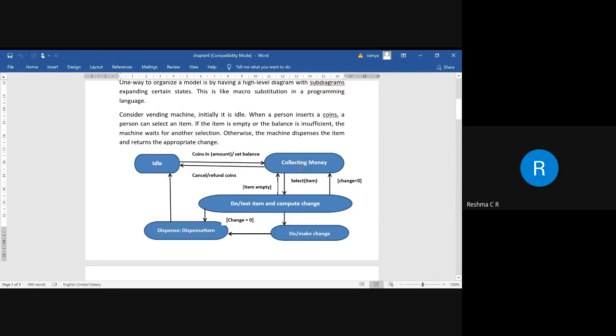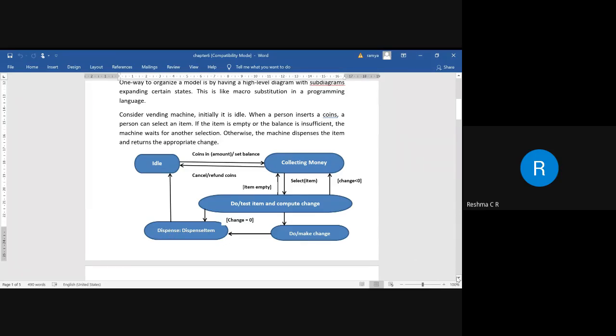If no more change is available or the item cannot be selected, it will refund the amount and come back to the idle state. If the money is collected and the item is selected, it will test the system, make the necessary changes, and go for dispense item. So here dispense is one of the sub diagrams of the state diagram.